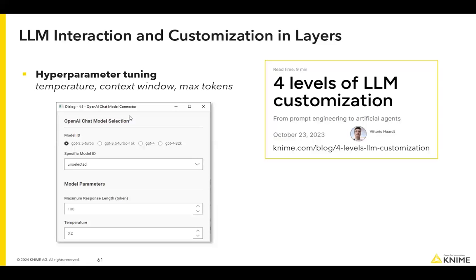And this is something we cannot govern ourselves, in the sense that to do that, we would need to retrain or fine-tune the model. But what we can do is choose smartly a model that has a smaller or larger context window, depending on the task we would like